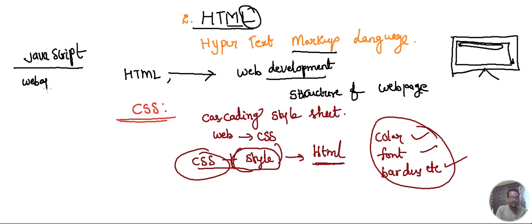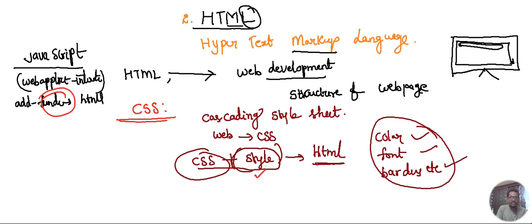So web application interaction, and its main objective of JavaScript is to add functionality to HTML. So before, CSS we added for styles, and this is added for functionality to the HTML page,